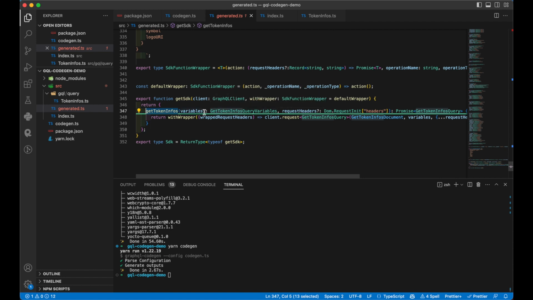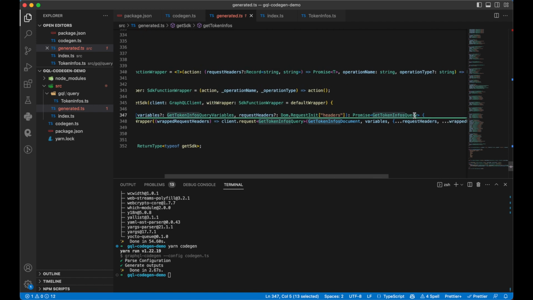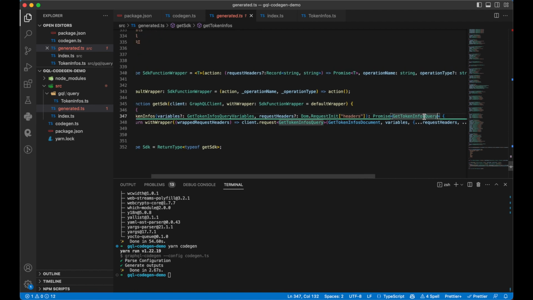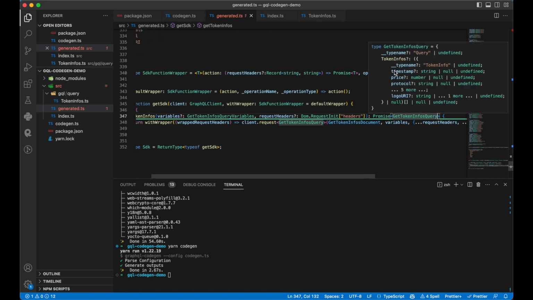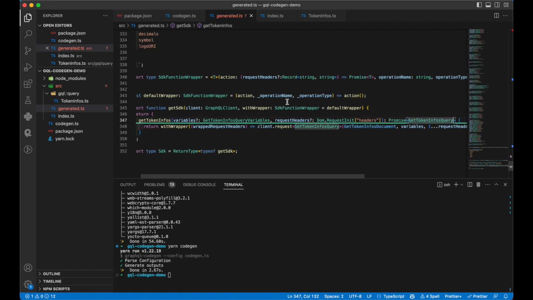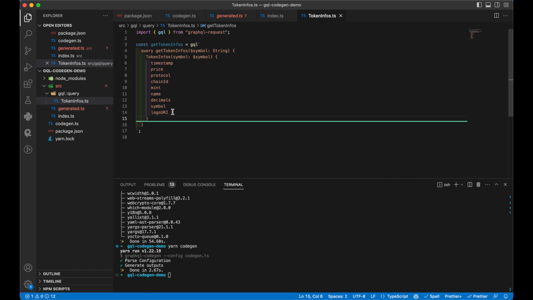Maybe it will return the get token info query. And then what is the type of get token info query here? Timestamp, price, protocol, and more than 5 fields. But now you get the point, right? If we define only